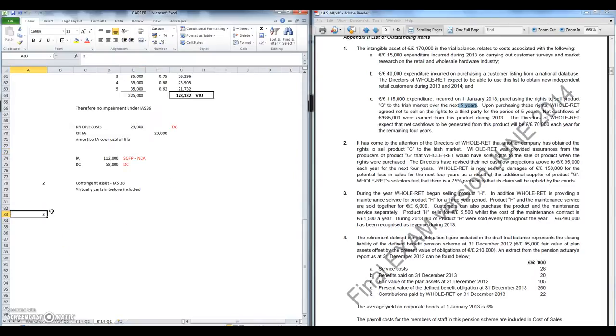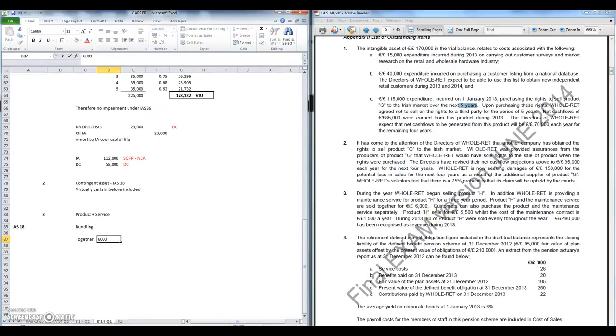So working three then, we know this is IAS 18, revenue recognition, because we've already read down through it. During the year, Colruyt began selling product H, in addition to Colruyt providing a service, so there's a product plus the service element. So there's two different things here, and this is what's called bundling under IAS 18. So sold together,